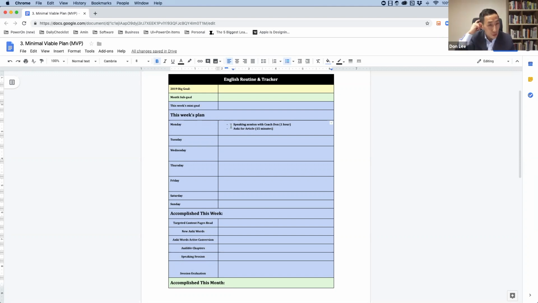And if you don't know yet, on our website we have the article database. And if you filter by Anki, you can find articles that have Anki decks made for them, right? And for each article, we've got about 20 flashcards in the Anki deck. So if your coach is selecting articles that have Anki decks already made, you'll be reviewing the Anki deck after class, right? Or even before class. So Monday, you've got your speaking session with your coach. You're reviewing the Anki deck for the article. Maybe that's taking you 15 minutes. On Tuesday,